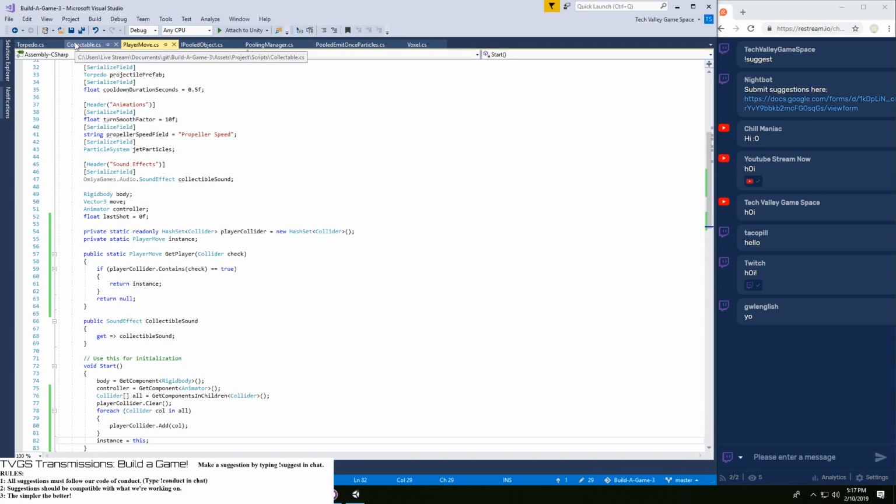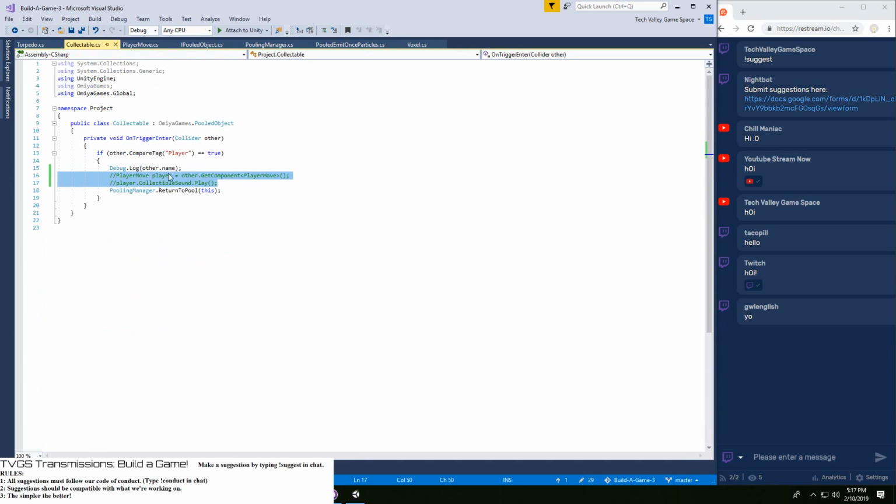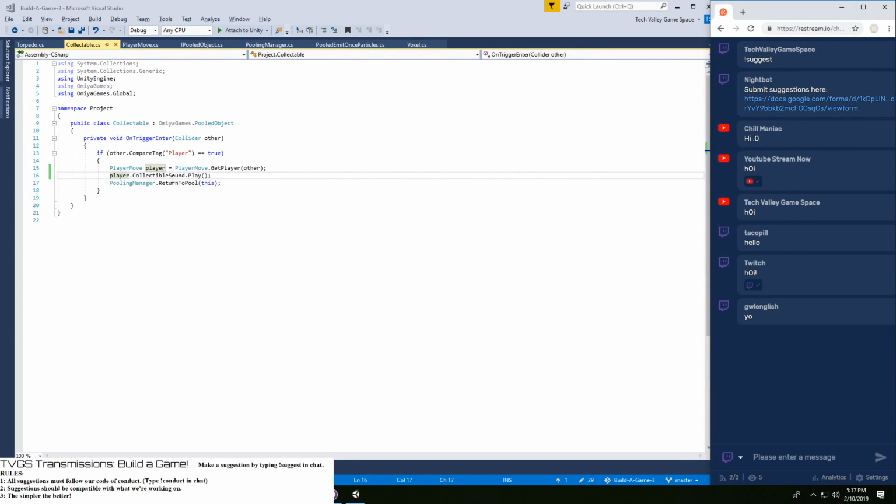So now when the collectible is collected, instead of doing this shenanigans, we can say PlayerMove.GetPlayer, and then other is the collider. So here it is. We now got the player. This should, in theory, work.